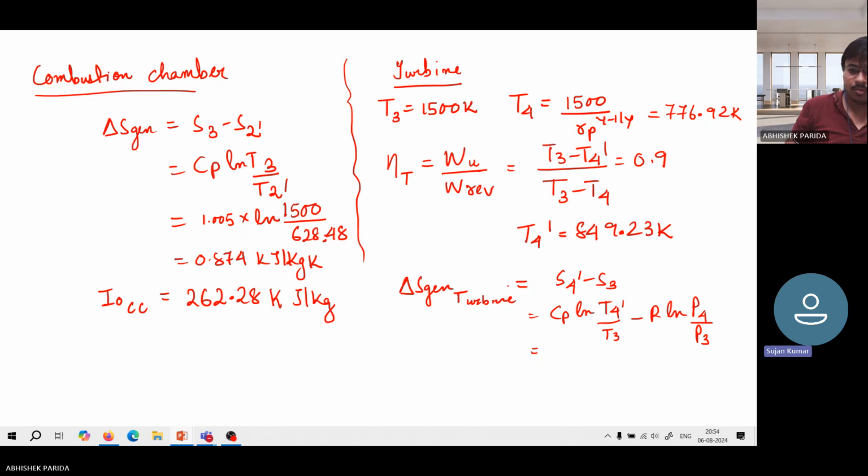This is also around 0.0891, 0.0891 kilojoule